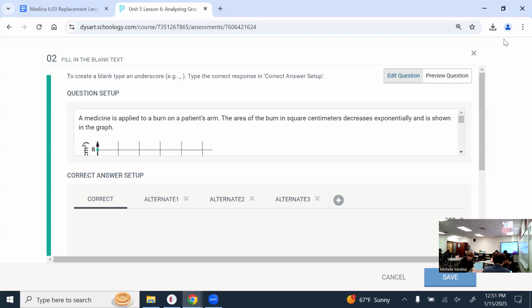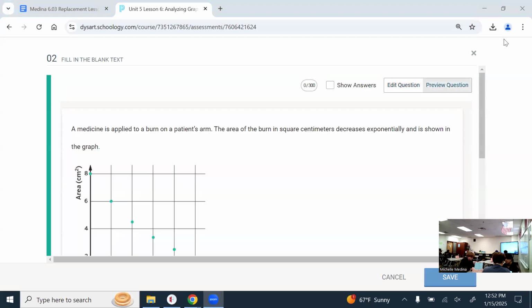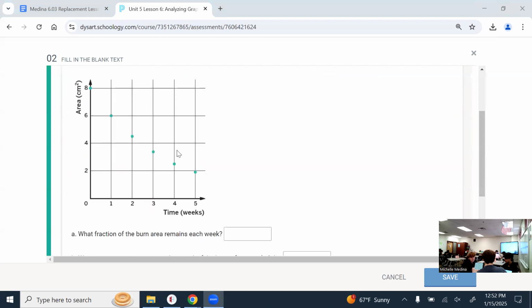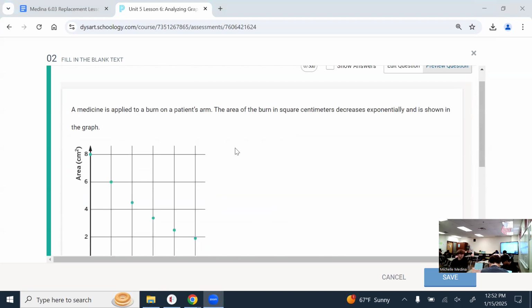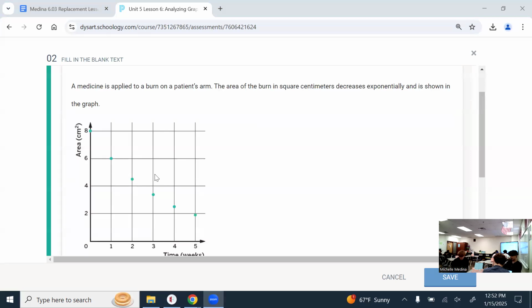I help others. But number 2 on lesson 6, the medicine is applied to a burn on a patient's arm. The area of the burn in square centimeters decreases exponentially and is shown here. What fraction of the burn remains? Write an equation representing the area of the burn after T weeks and what's the area of the burn after 7 weeks. So luckily, a couple of these are perfectly on the grid lines that I can actually tell you